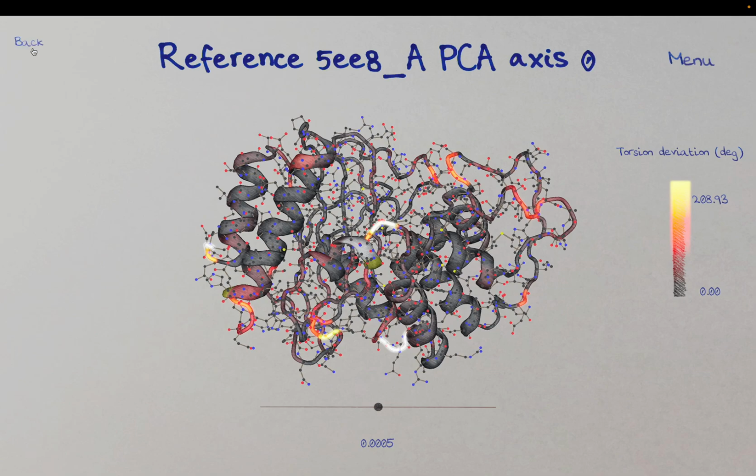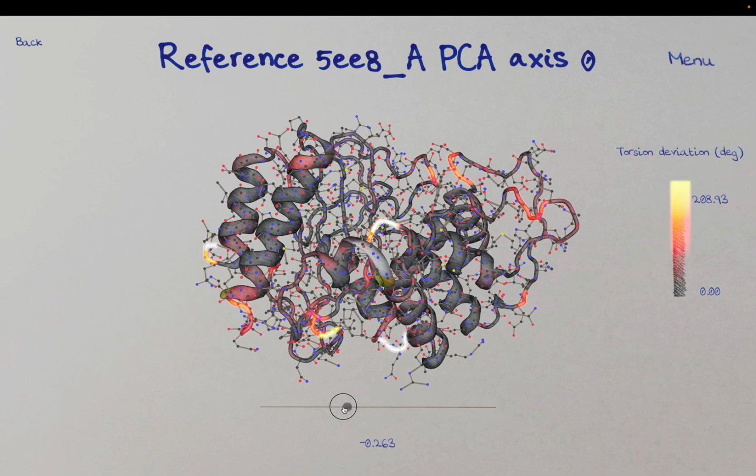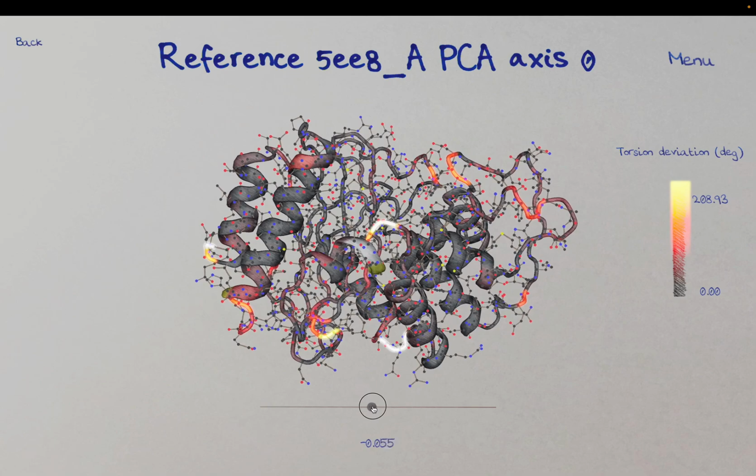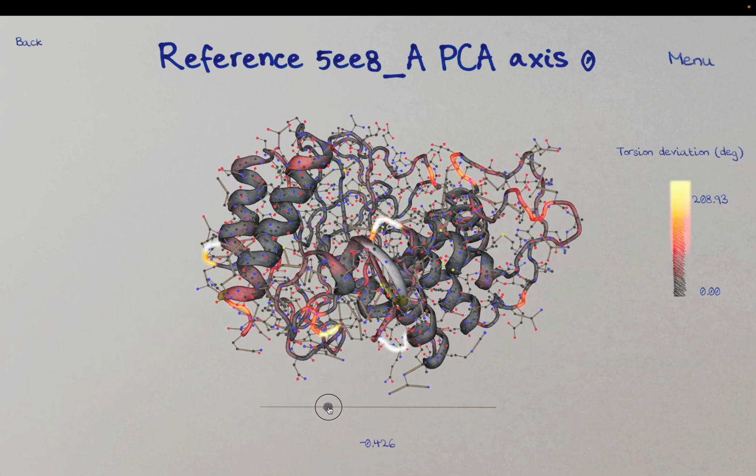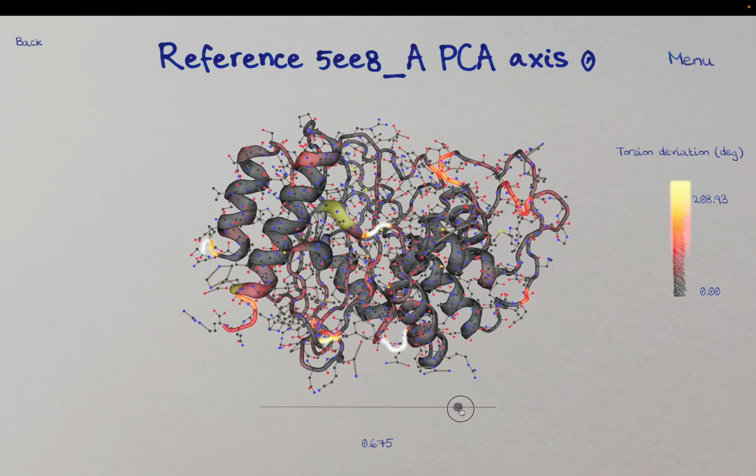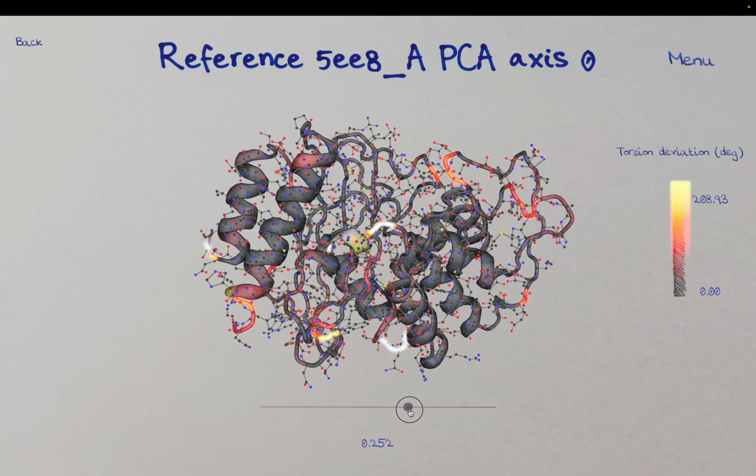As mentioned before, we can also have a look at the atom position changes associated with this torsion angle motion. We can do this by changing the position of the button on the slider at the bottom. What this is doing is sliding the atom positions along an axis which is equivalent to the axis that we saw on the previous page. So if we move the slider from 0 to -1, then we see the extremes of moving backwards on that axis,